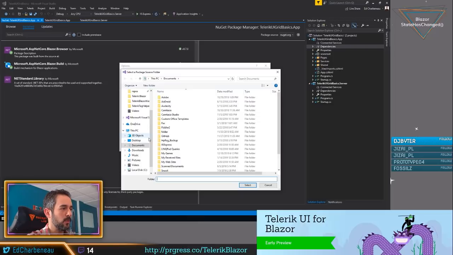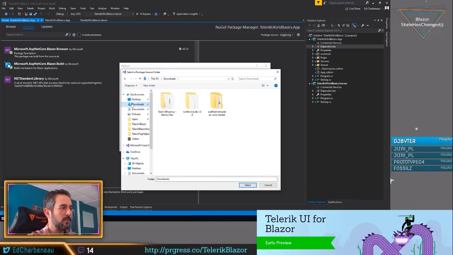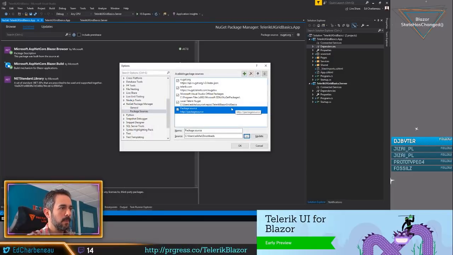So that could be wherever you personally take your files and download them. Maybe it's in downloads, maybe you moved it somewhere in your folders on your disk. Point to that folder, select it, and then that package source will become available. I'd suggest naming it like local NuGet or something like that, so it has an intelligent name that you can